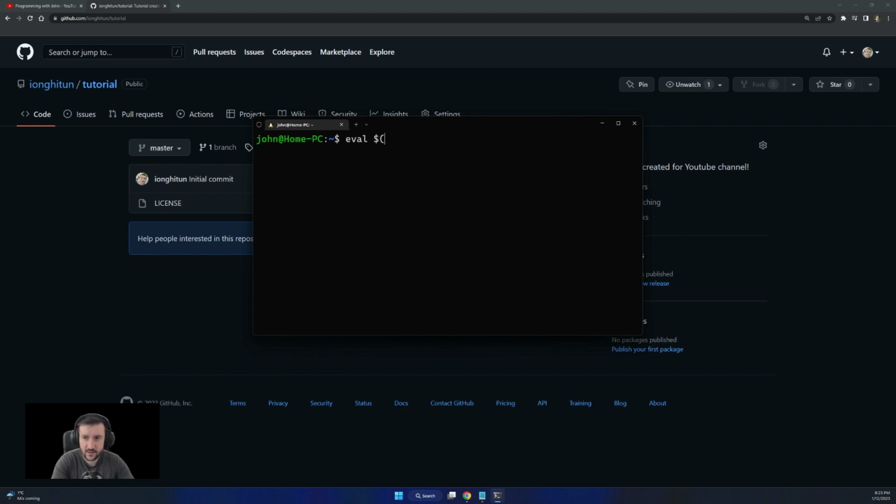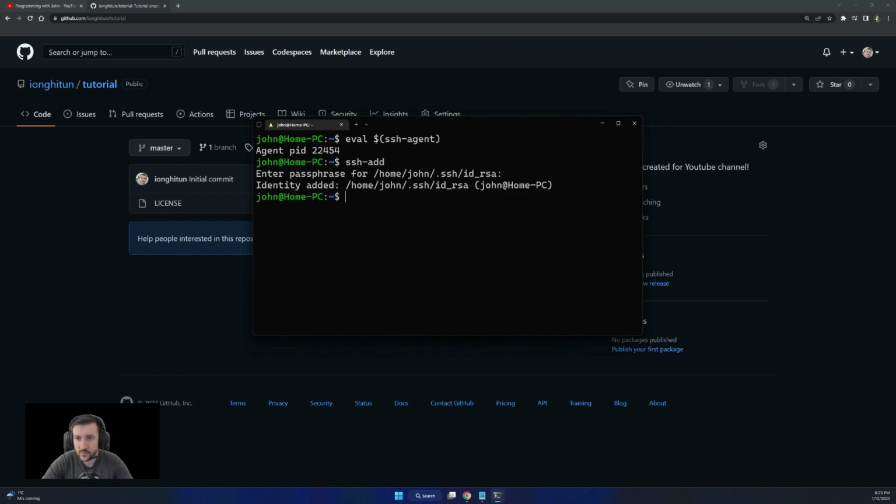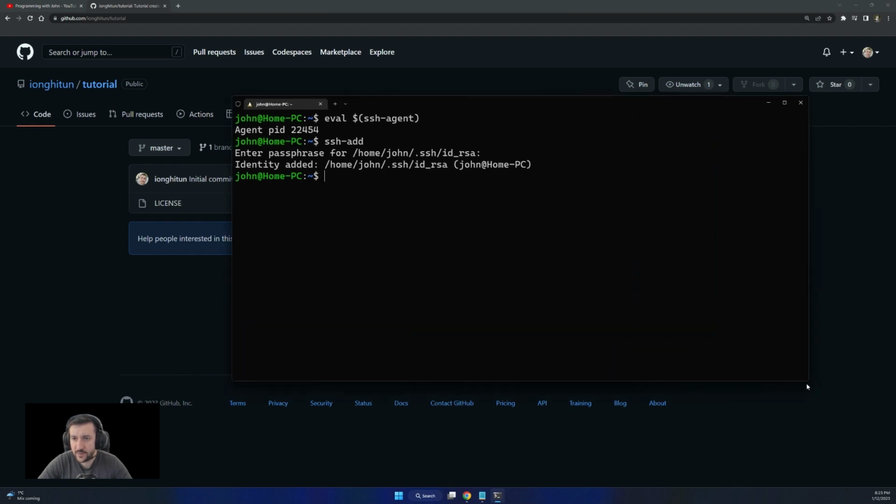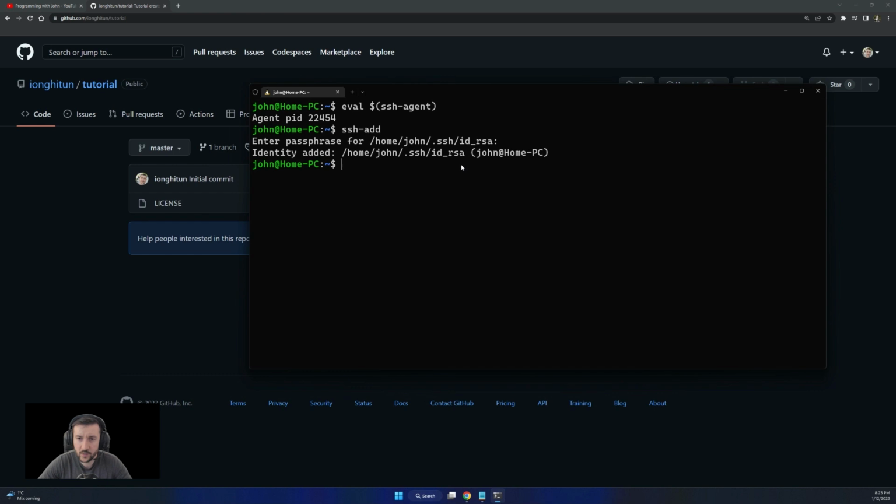The first is eval ssh-agent, and the second one is ssh-add, to add the key to the agent, which will add your identity to the agent. So having these two, now you can run git commands where you have that key saved.